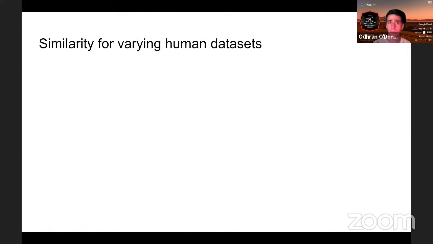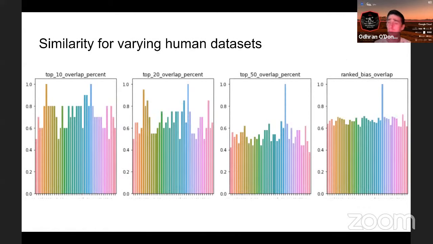We've also been looking at the similarity between mice and human data sets when we run analysis. This probably doesn't make that much sense, so I'll try and explain what's going on here. These numbers here are percentages, and so that one is 100%. These are different runs where we vary the results with different humans in them. We want to see how consistent our results are.